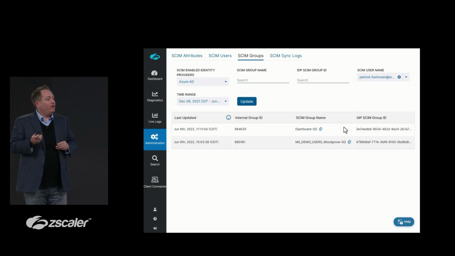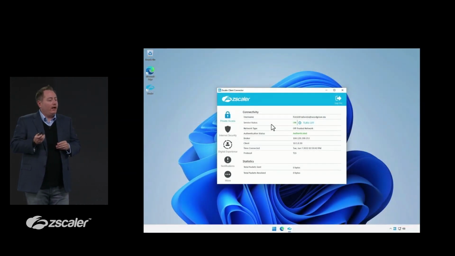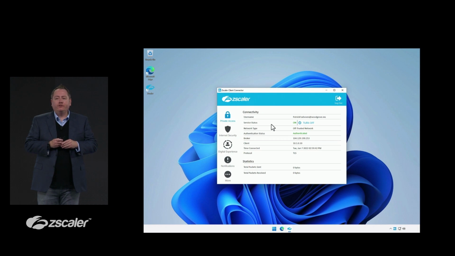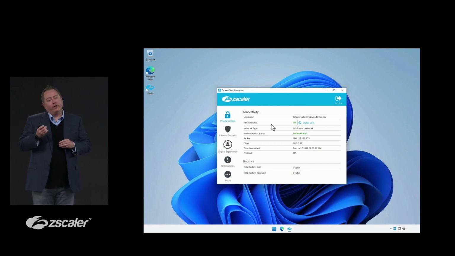If I pivot you over to what my desktop looks like, and I launch the client connector, there's something that's happened here that's pretty powerful, which is I'm not getting prompted to authenticate to the client connector. It's using integrated Windows authentication. The client connector was pushed down seamlessly to the machine, and I'm already authenticated and getting a full set of security services from Zscaler, whether it's Zero Trust Access, which we'll show here, or my internet access itself getting filtered